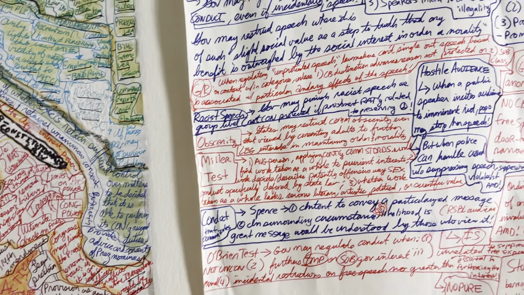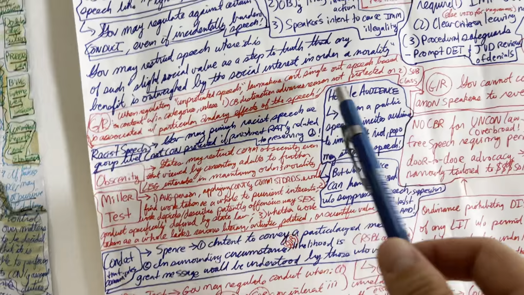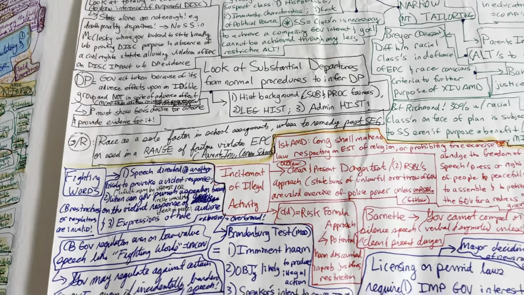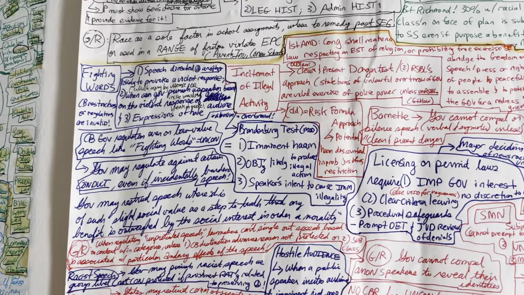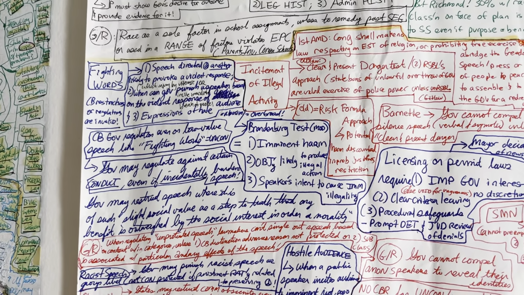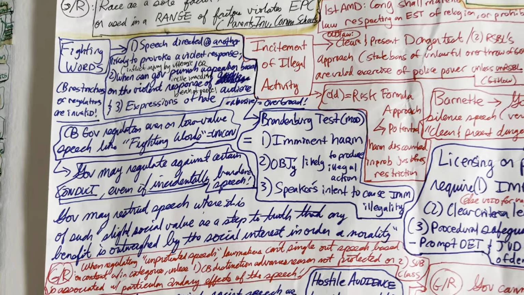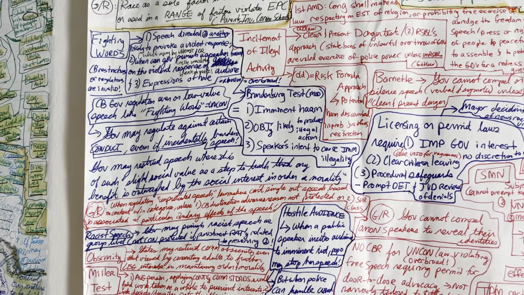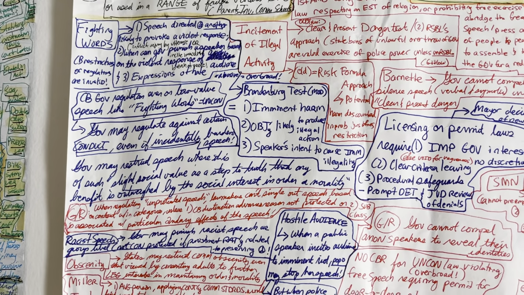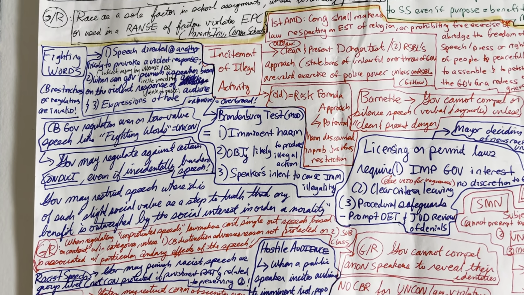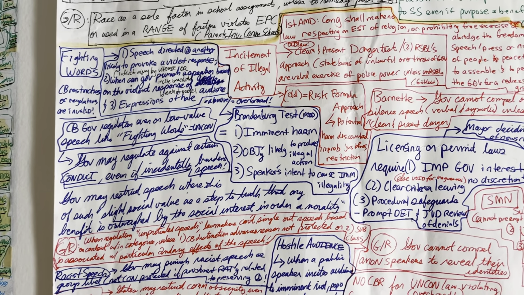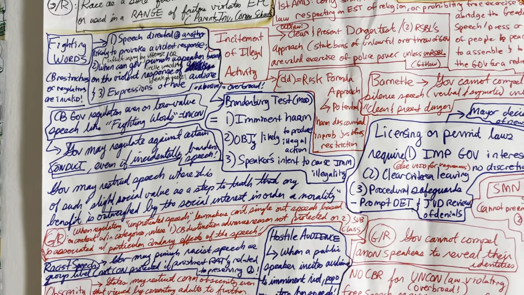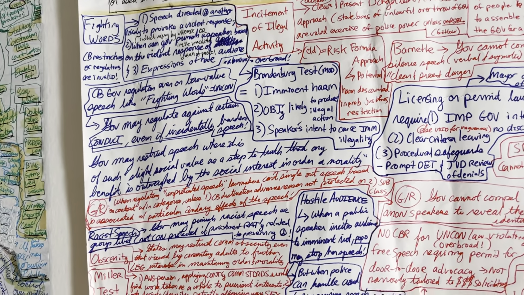Before we move on, just remember that there's another topic of incitement of illegal activity, which relates to fighting words and that Brandenburg test for fighting words. But this is the clear and present danger test, which was the old law and may possibly be brought back. The old law was a reasonableness approach, where state bans of unlawful overthrow of government are a valid exercise of police power unless unreasonable. It was more of a reasonableness test. So that was a clear and present danger test versus a reasonableness test.